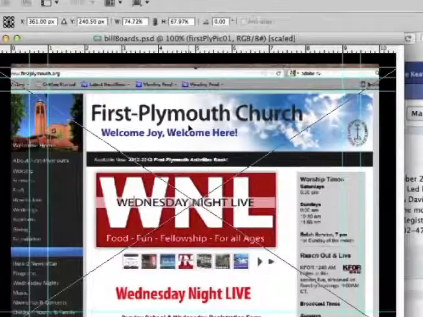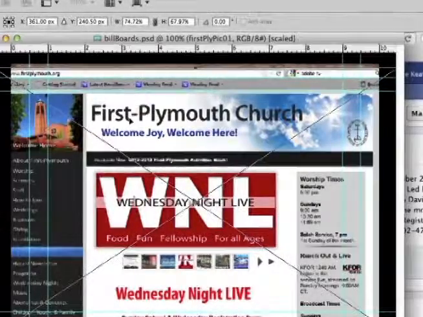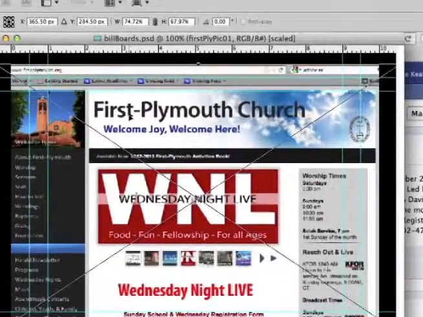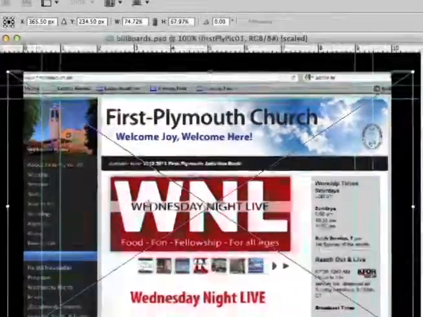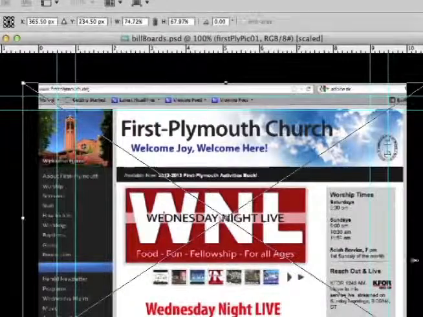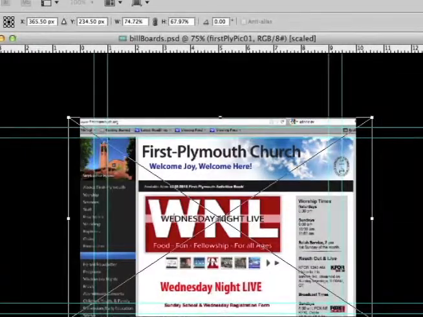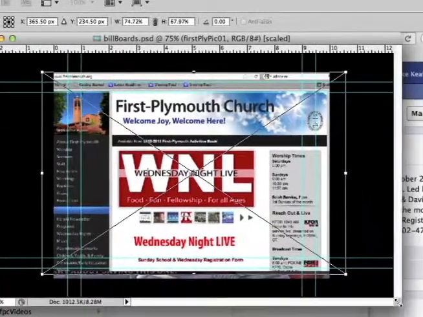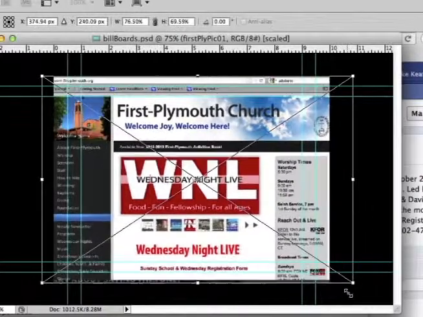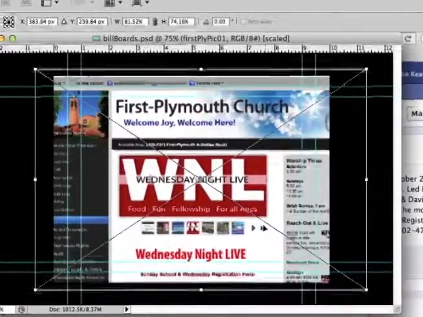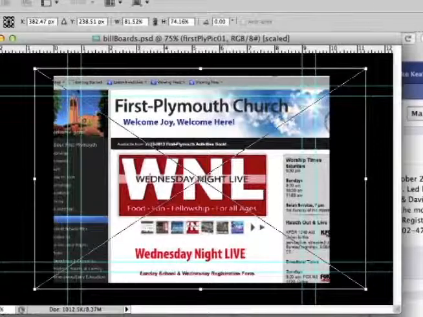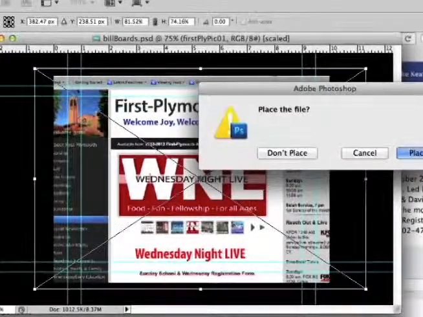And by clicking on Photoshop, it places the image onto the screen. And before I accept the place, let me make this a little bit bigger. You're probably not seeing all of it. So let me knock this down a little bit so you can see it. Nope, it's not going to let me, yeah, it is. It's letting me do it. So what I'm doing is making it a little bit bigger so it fits the screen, and then click the move tool and hit return, and it'll place,